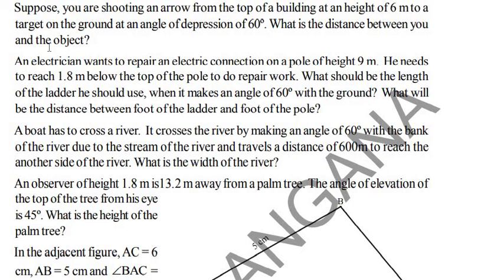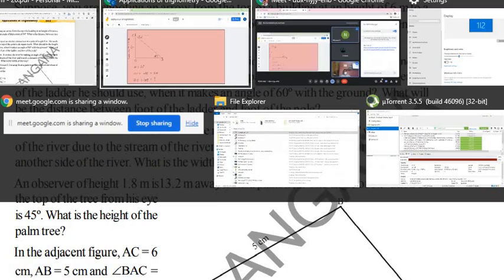Next question. See, an electrician is there. Wants to repair an electric pole of height 9 meter. Okay, first the electric pole we will draw. So this is the electric pole. You know, generally, this is ground. The electrician will go up. He will climb up to some height, up to here he climbs. Here maybe wires will be there, he will repair. Yes or no? Everyone knows this, right?